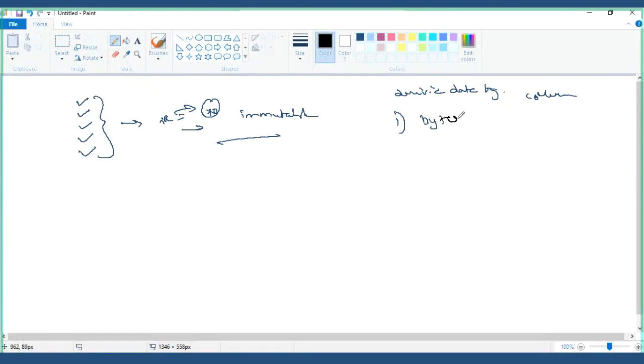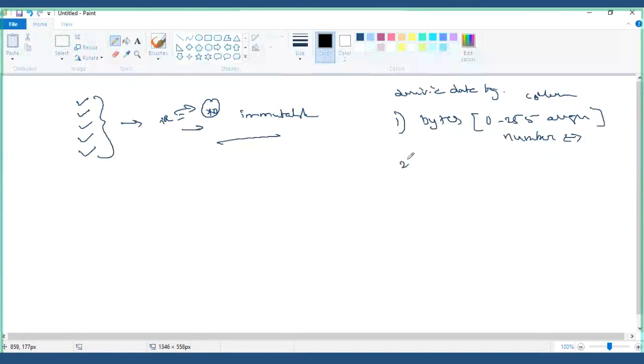What are the different types? Bytes we have seen. With bytes, you can assign values from 0 to 255. You can only have numbers in it, and you cannot assign any values other than numbers from this range.